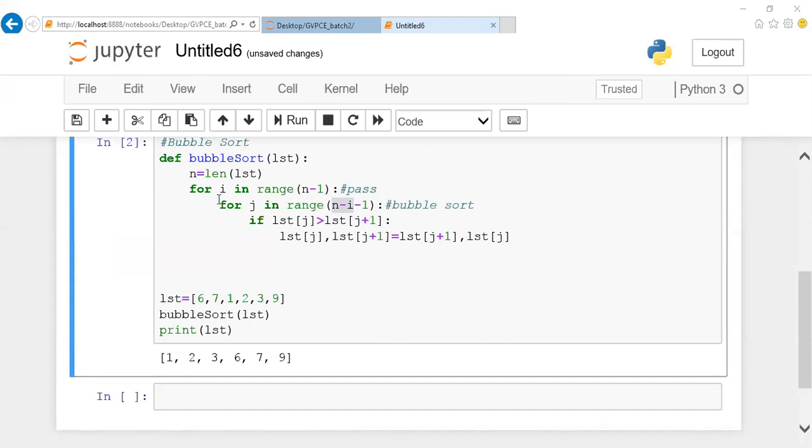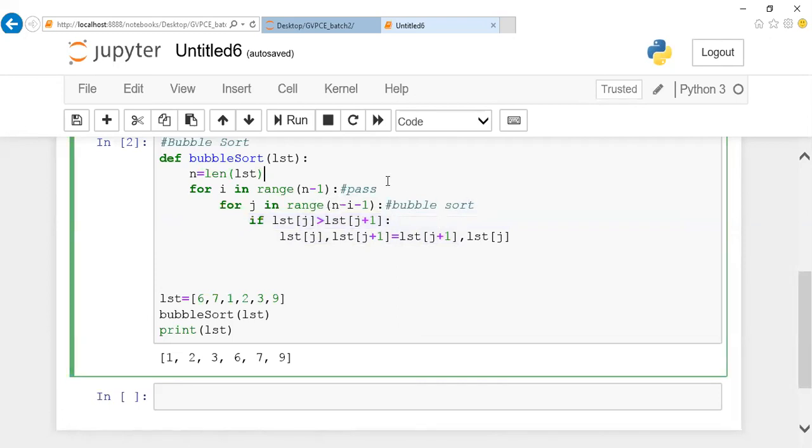You can compare these two loops with your iteration part. This if statement you want me to explain? Okay, I'll explain, Gayatri. Listen. In this if statement, I'm comparing j with j plus 1. Initially, j will be 0. Starting is 0, right? 0 with 0 plus 1 will be compared.